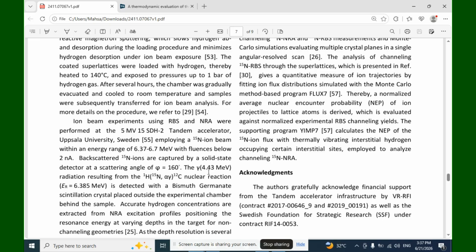The gamma radiation of 1.43 megaelectron volts resulting from the hydrogen nuclear reaction